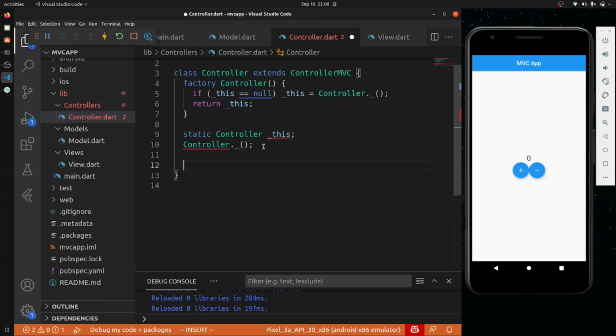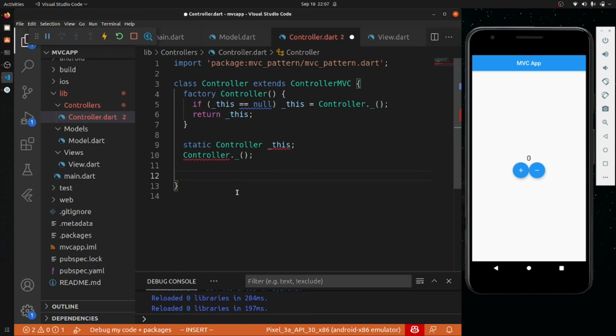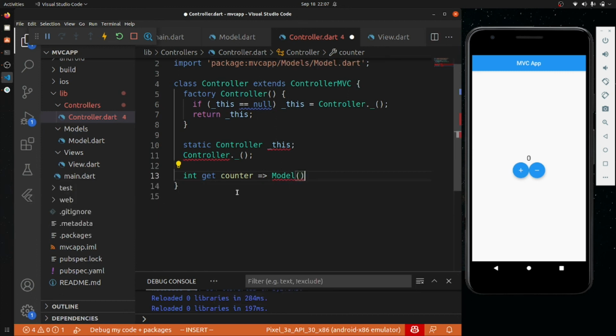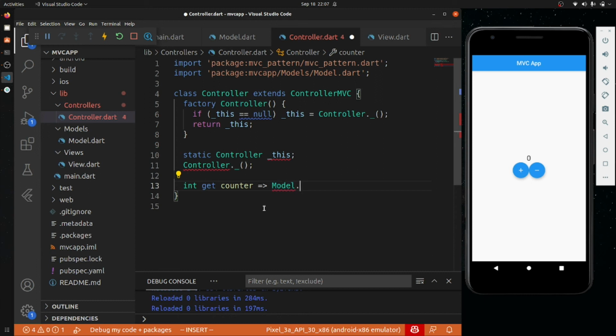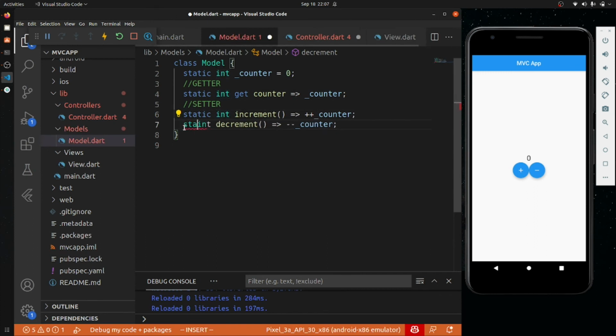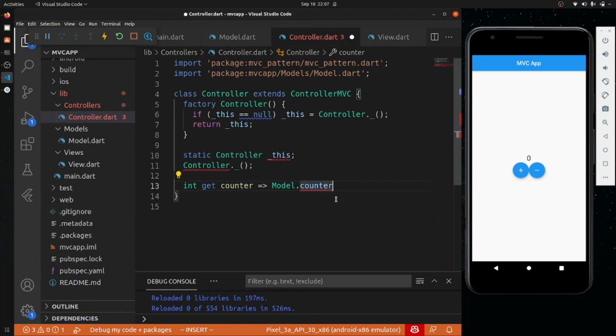So what we need to do, firstly, is include that model. For that I am calling that get function. It has to be called from the model, and the model is included, model dot counter. Oh sorry, we have to go with the static thing so that this can also be used. Yeah, model dot counter.